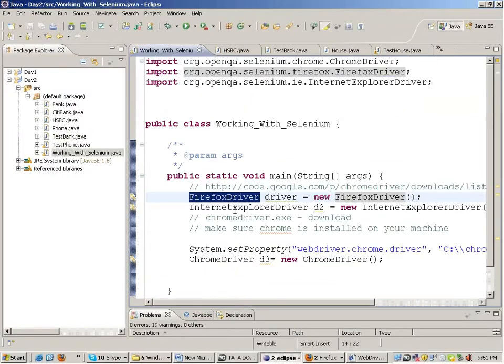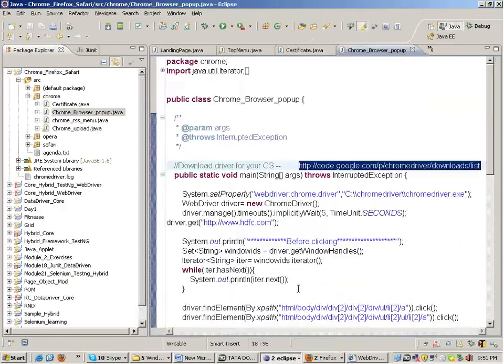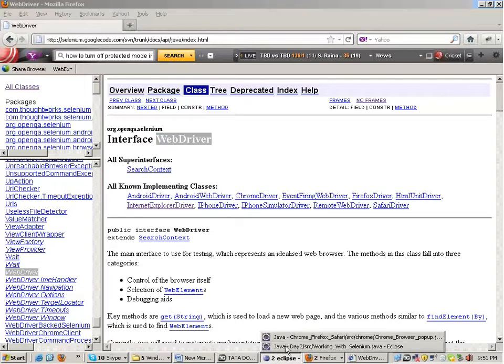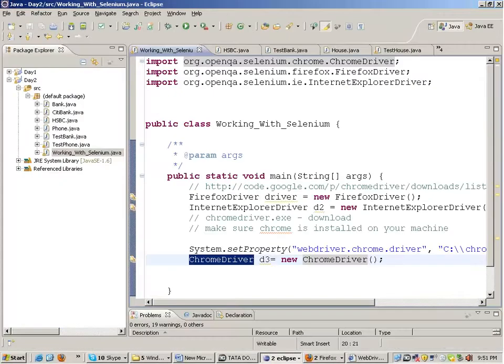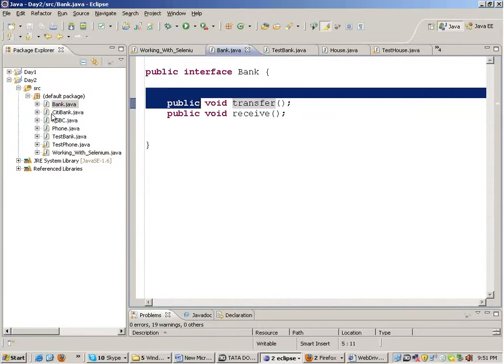Yeah, Firefox driver, IE driver, and Chrome driver are implementing the same interface WebDriver. So that means that the functions which will be present in the WebDriver interface will be present in all the three classes. Analogous to the example which I gave you right now, that is, the functions which are present in bank will be present in Citibank and HSBC.